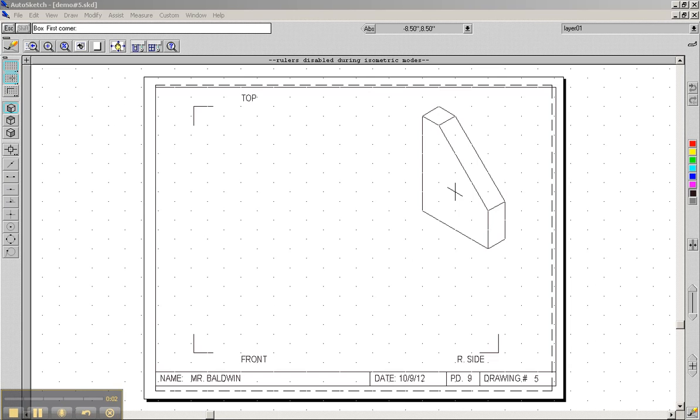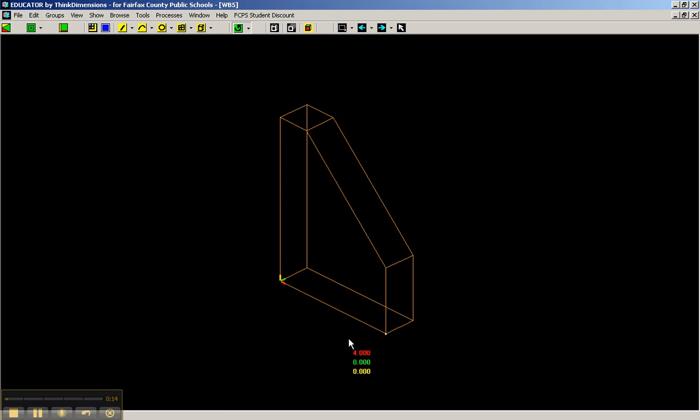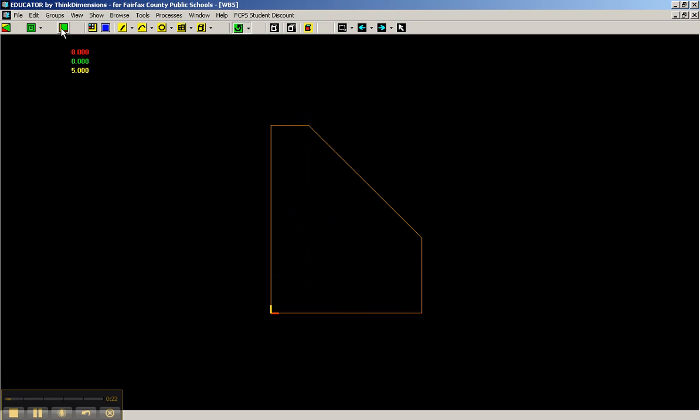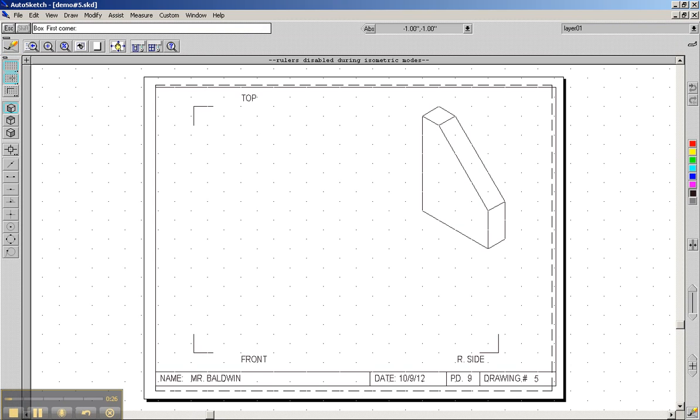Okay, well now we're going to do drawing number 5, and you should have this shape on your paper. And the front view, straightforward, but hey, why don't we look at this with the three-dimensional, and I'll just set this to the front view where we just see this front. Okay, there's our front view. That's what we're going to go for here. So I count my spaces,